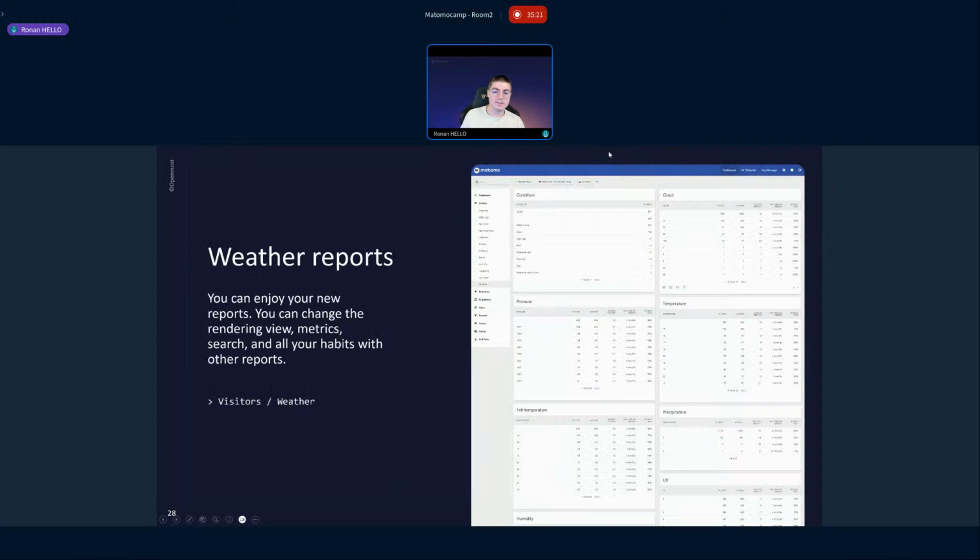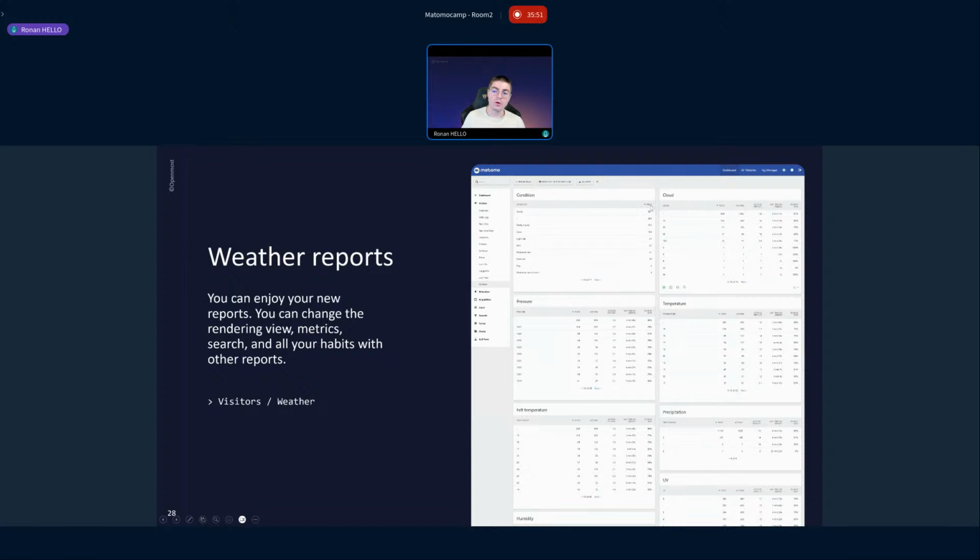Okay, now in the Matomo instance, you have under the Visitors menu the Weather page. In that page, we have all the reports we've created with plugin dimensions. If we had chosen the way of creating custom dimensions instead of creating a plugin, we would have many menus here, one per custom dimension, and in every page we would only have one report.